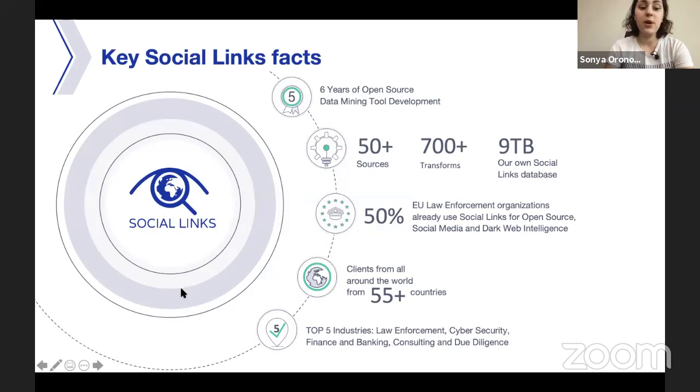It is a data mining tool, and we've been helping our clients for more than 6 years. We collect data from open source, social media, and darknet. And it's important to know that it is all legal because, as I said, we collect it from open source, the internet, the way that every user can do, but we do it much quicker. If you can spend weeks getting all together, we can help you visualize it in less than 1 hour. We have more than 50 sources like Facebook, Twitter, and darknet, and we're used worldwide.